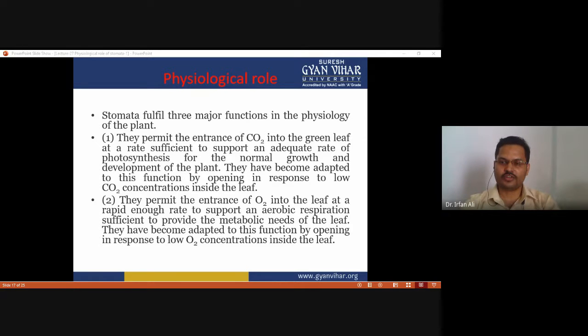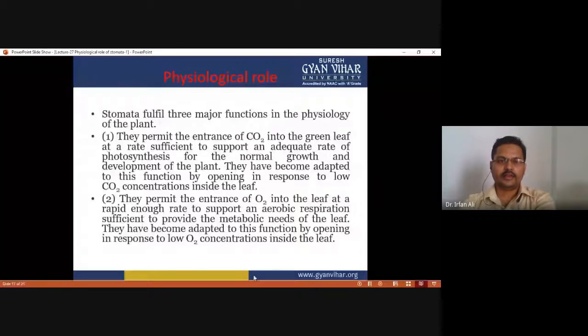So the metabolic need of the leaf is fulfilled by respiration, and they have become adapted to this function by opening in response to low oxygen concentration. So when the oxygen concentration is low, the stomata open. And the third one is